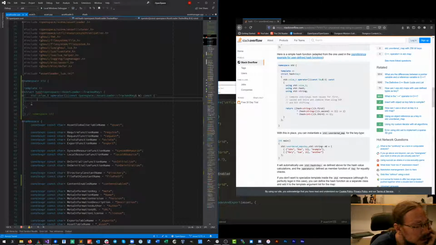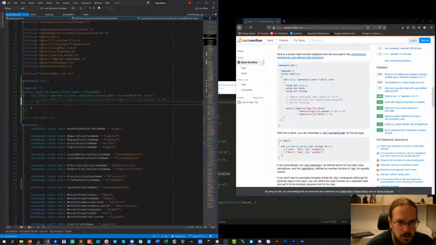now the thing is that we know that we can't have certain characters because our name is referring to a file name. The name of the key refers to a file on disk, which comes with restrictions on the characters that are allowed.